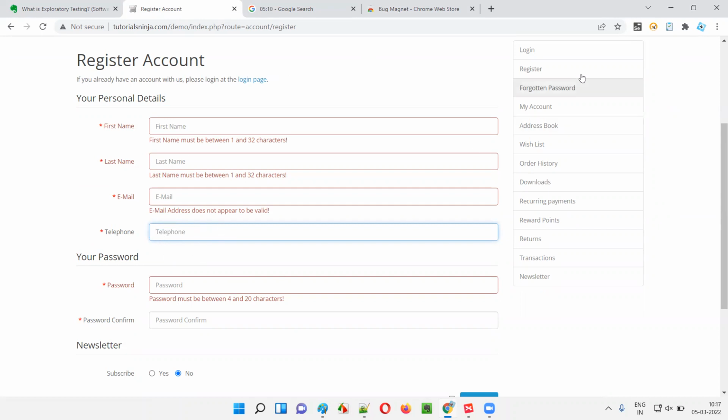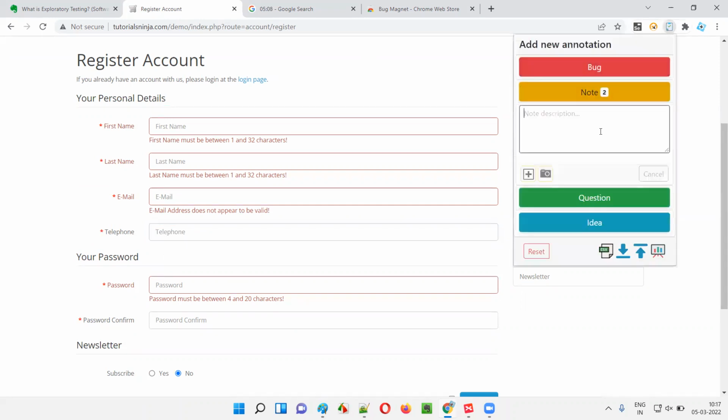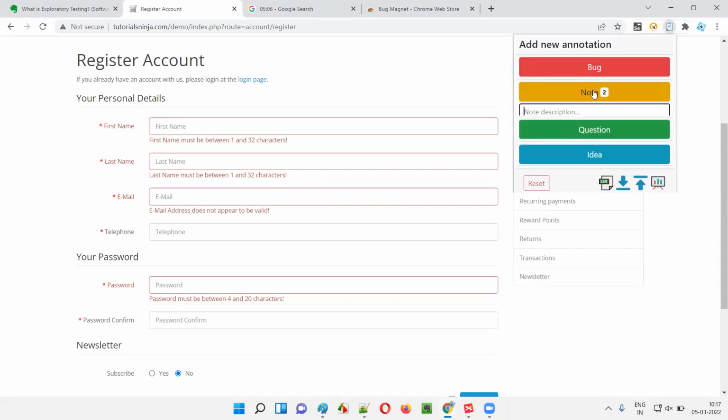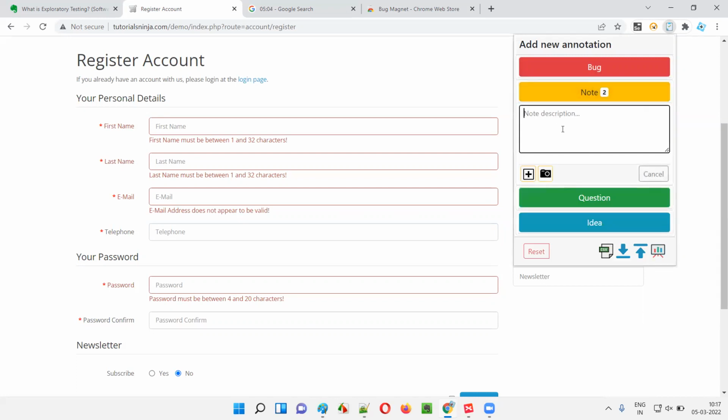I got an idea while testing that. What is the idea I got? I'll tell you. I'll write it down here. I'll create one more note. Other test ideas. I'll write one more test idea that I got while testing: without entering anything into telephone,